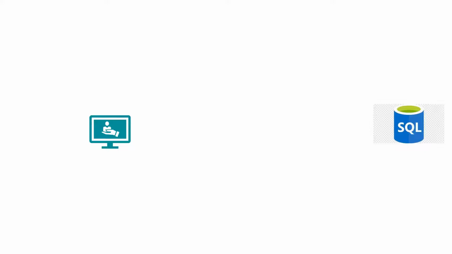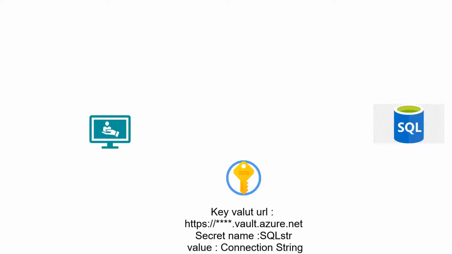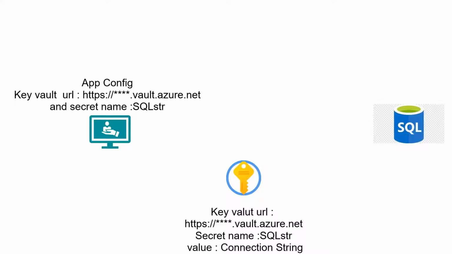So here comes Azure Key Vault. In Azure Key Vault, we will save our connection string as a secret, and that will have a secret name and a Key Vault URL. In our application, we will specify the Key Vault URL and the secret name. With both of these items, we should be able to fetch our connection string. With the obtained connection string, the application will be able to access our SQL database. And it should be noted that our application should have sufficient privilege to access Azure Key Vault. Anyway, we will see that at a later point.